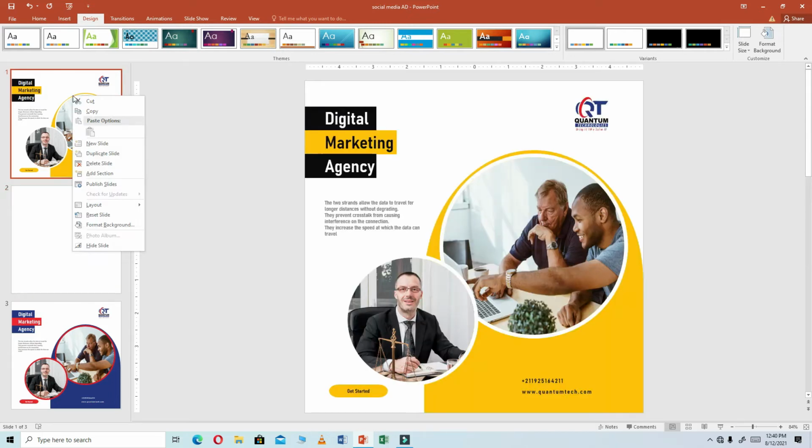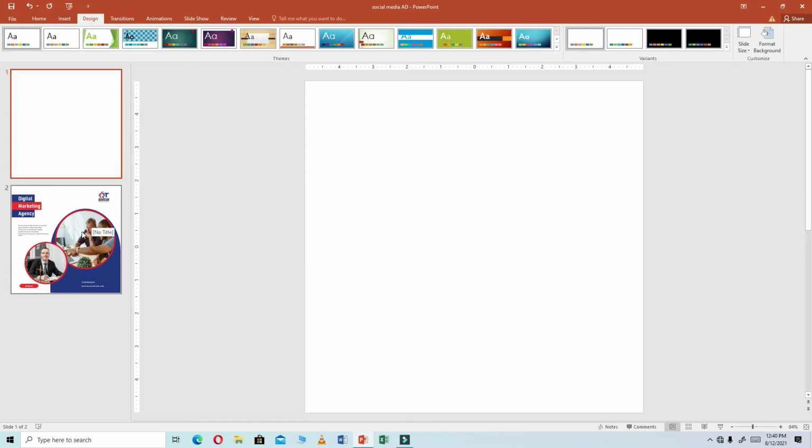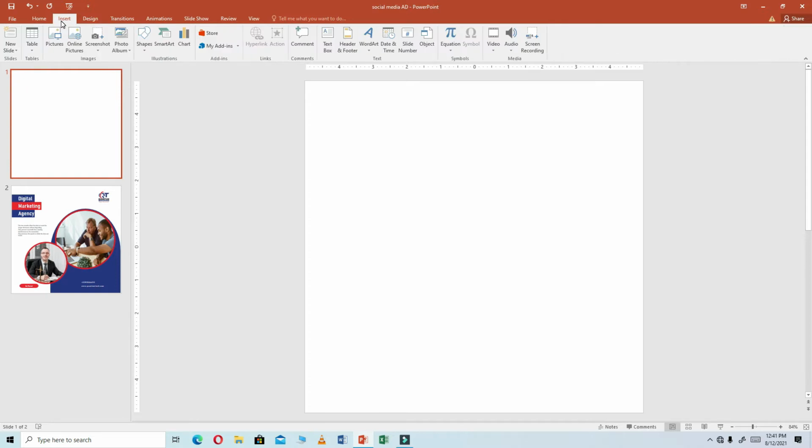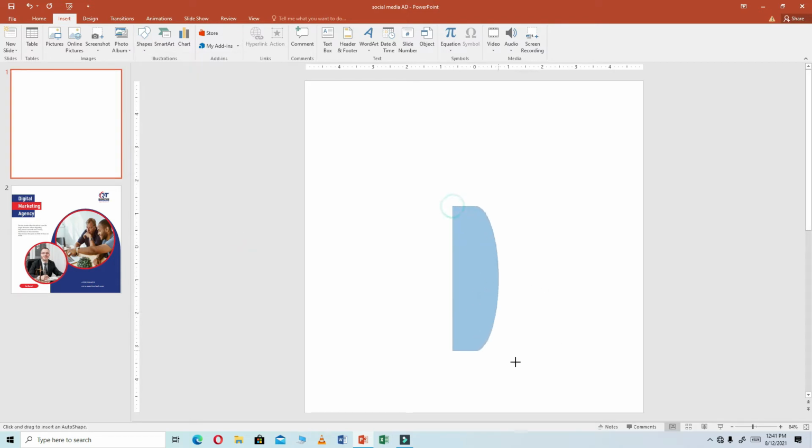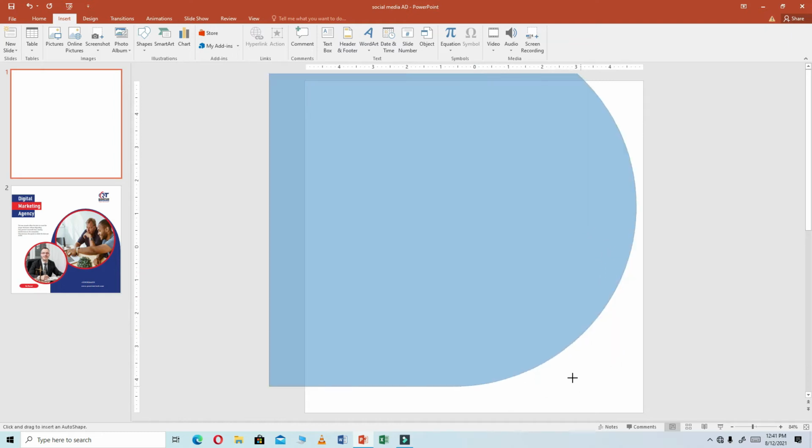In fact, let me just delete this one so that we can start afresh. Okay, let me keep this one. So I'm clicking here, then from here you are going to insert, then from insert you will come here to shapes, then from the shapes you look for a shape. Let me get that shape for you. It is here. You look for this shape, flowchart delay, then you click,